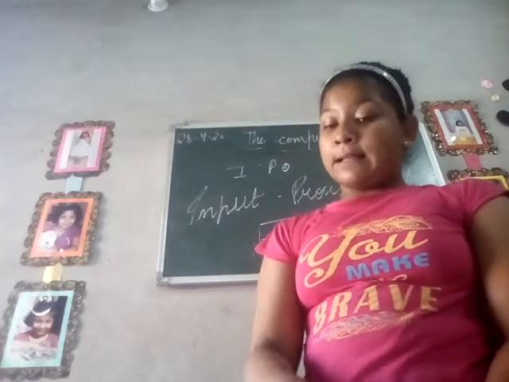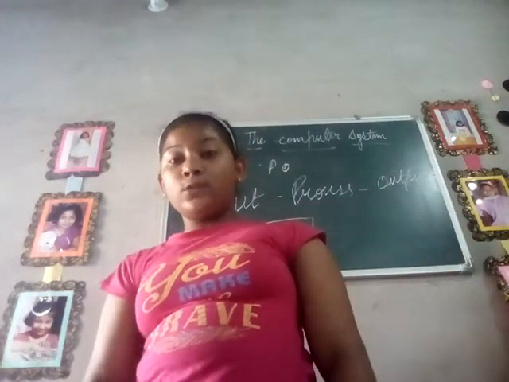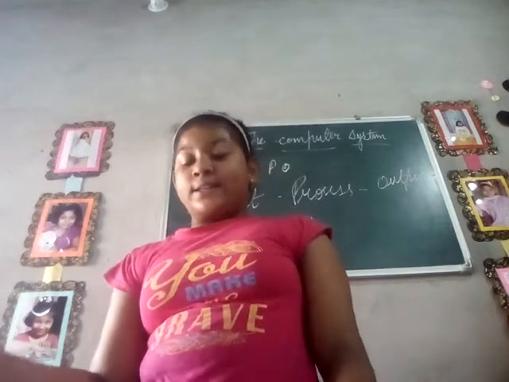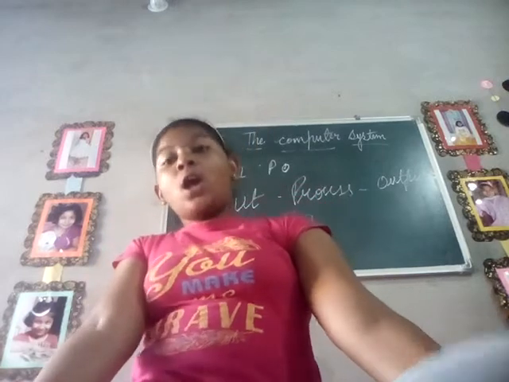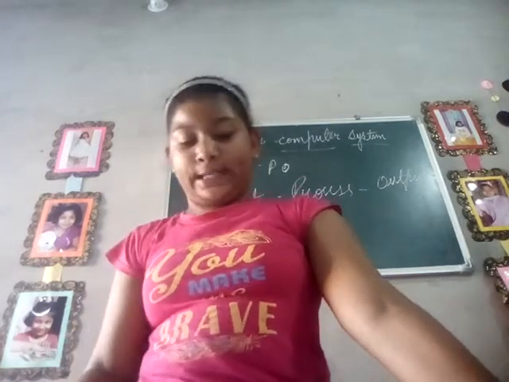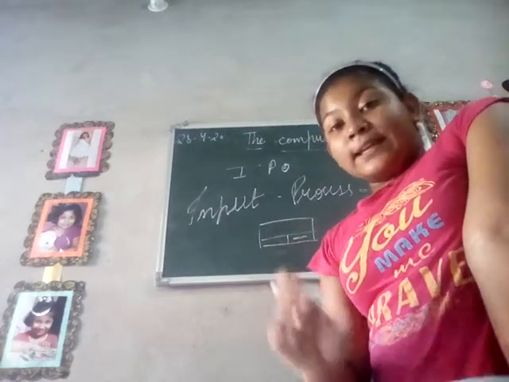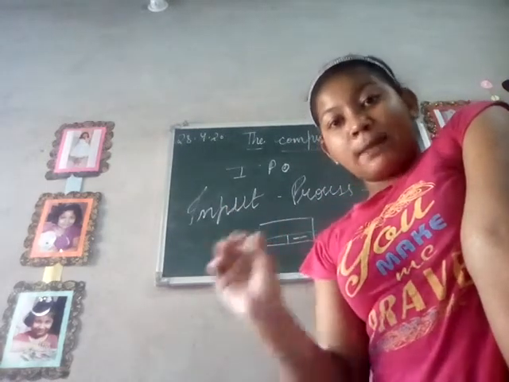Light pen. A light pen is used to point at any of the objects. This can also be used to draw on the screen. We can do some drawing or anything on the screen. Okay. Now joystick. Joystick is the stick by which we can play games on the computer system.